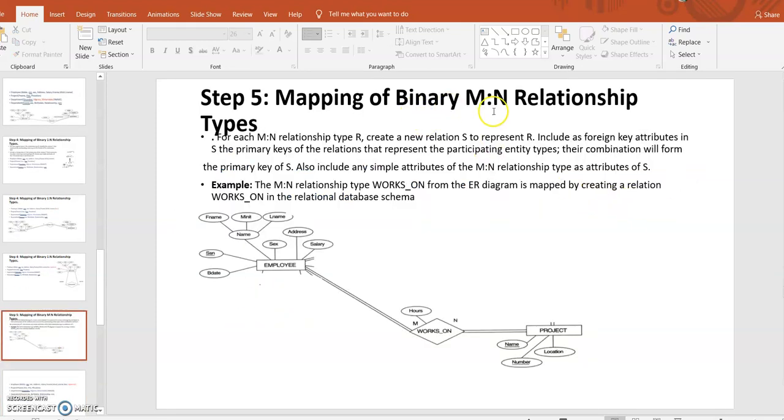Next, mapping of binary M:1 relationship. This is a little bit different than any others. Here works on is a